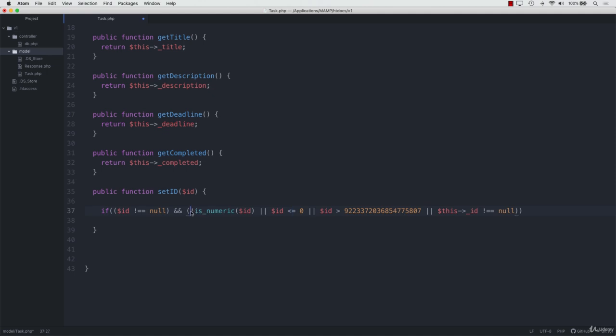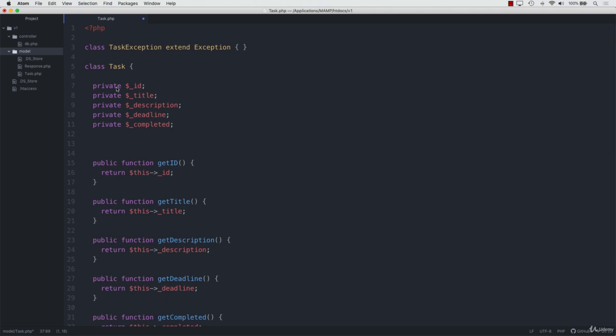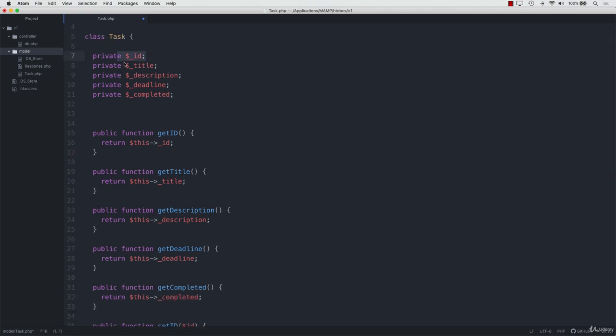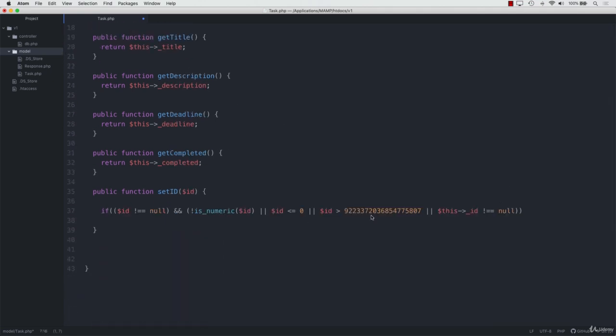So we need to make sure that it is numeric, but going by the exception, it's not numeric, or it's less than or equal to 0, because auto increment starts at 1, or the ID is greater than the maximum size that can be stored in the database. And the other check is to make sure that if it's not null, as in if the task already has an ID, we can't change it. So what we do is throw